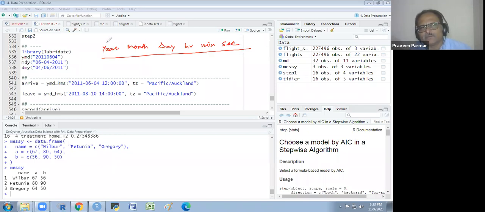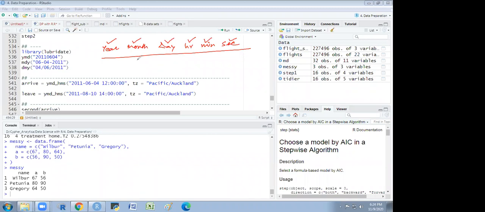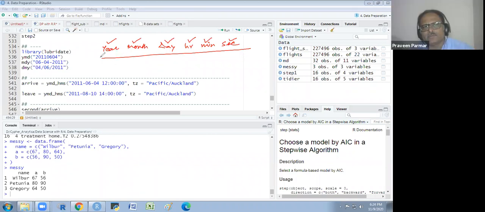The largest one will come first. Year is a big interval. Month is smaller than year interval. Day is smaller than month, then hour, then minute, and then second. Does that make sense to everyone? Yes, sir. So this universal pattern is being used in the world of computer science.